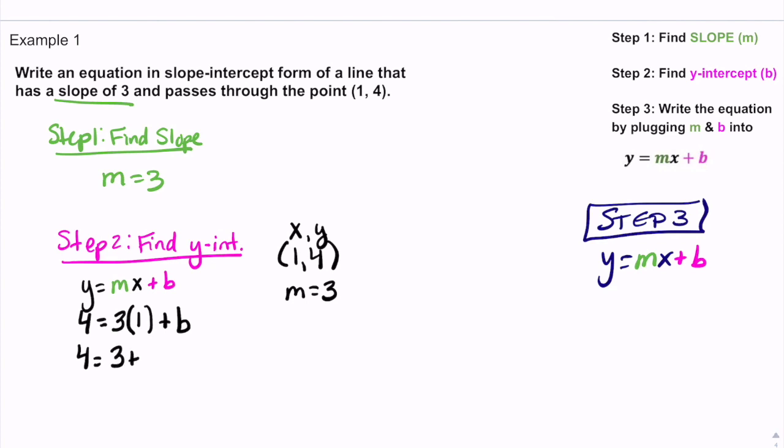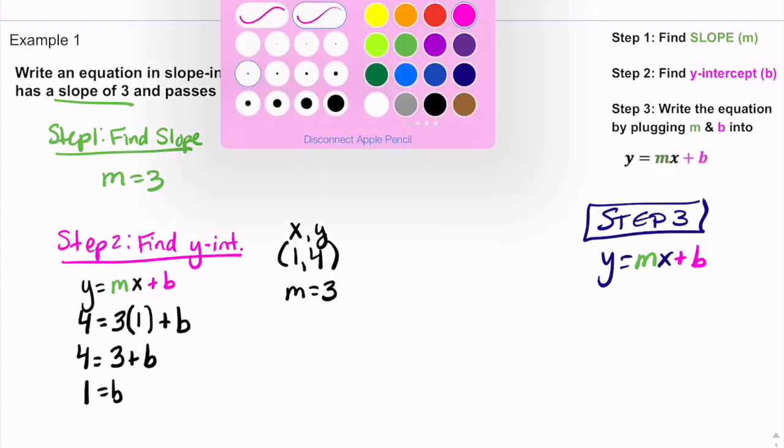We get 3 plus b on the right side of that equation. And then remember, we're trying to find b. We're going to solve that equation. We're going to subtract 3 from both sides, and we would get 1 equals b. And that is